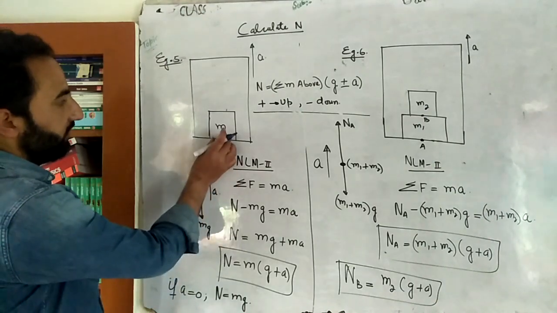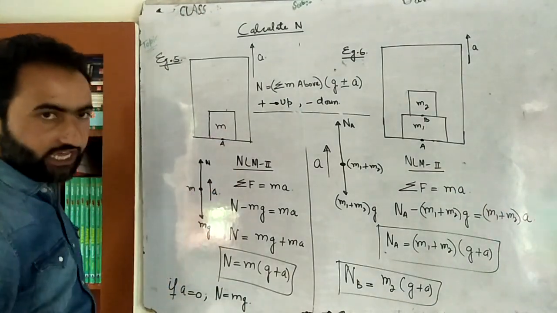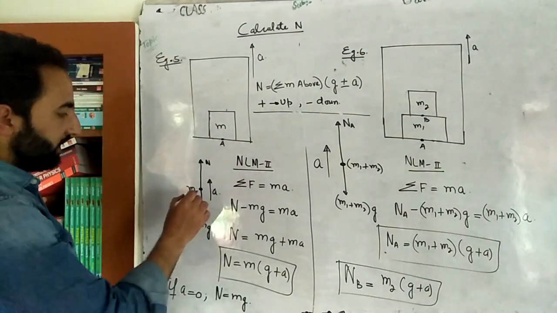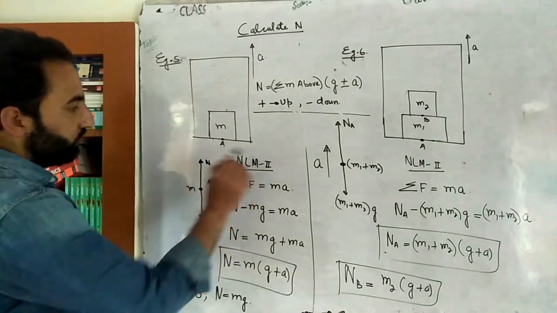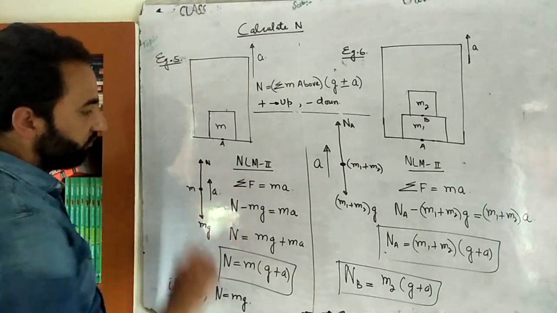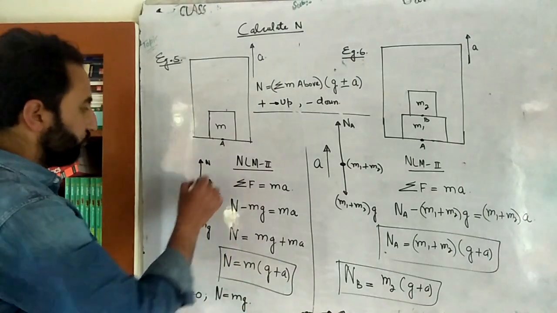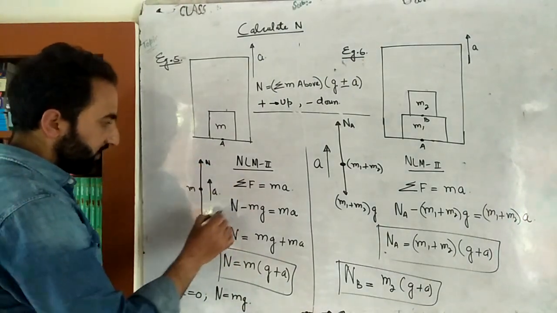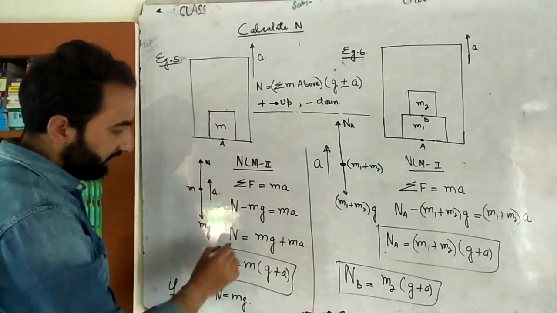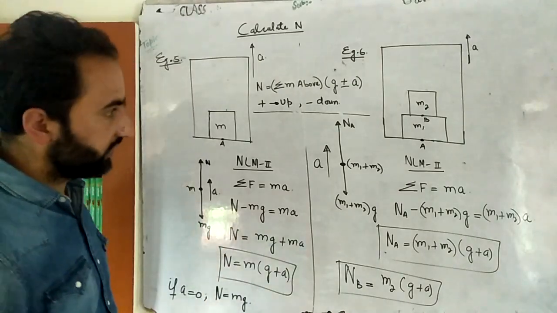Okay, so this point here. Construct the free body diagram. In the upward direction normal reaction, in the downward direction weight. Use Newton's second law of motion, that is simply the summation of all the forces equal to mass times acceleration. There are two forces. Take this positive, take this negative. Positive minus negative equal to ma, and equal to this.